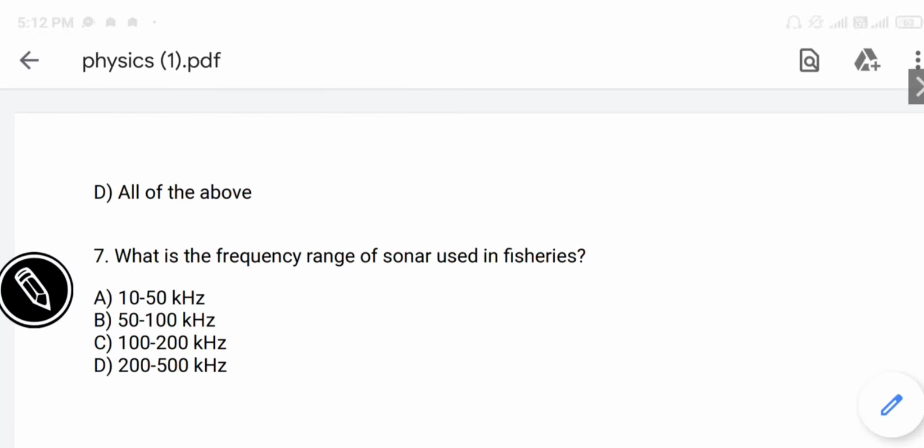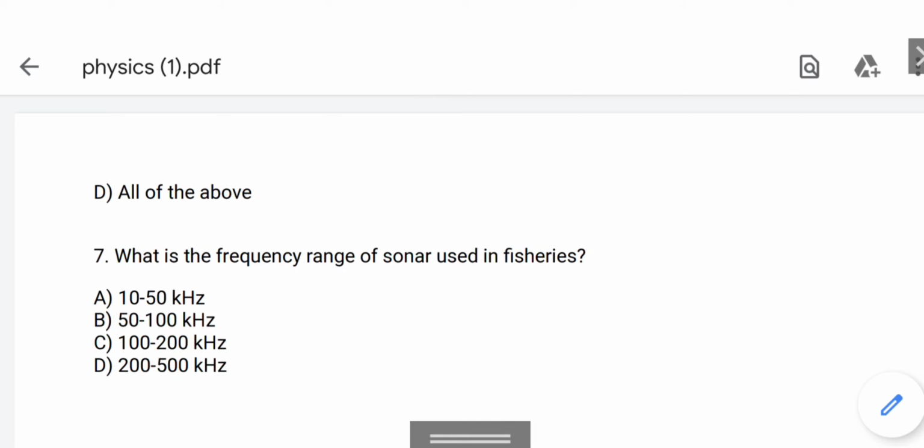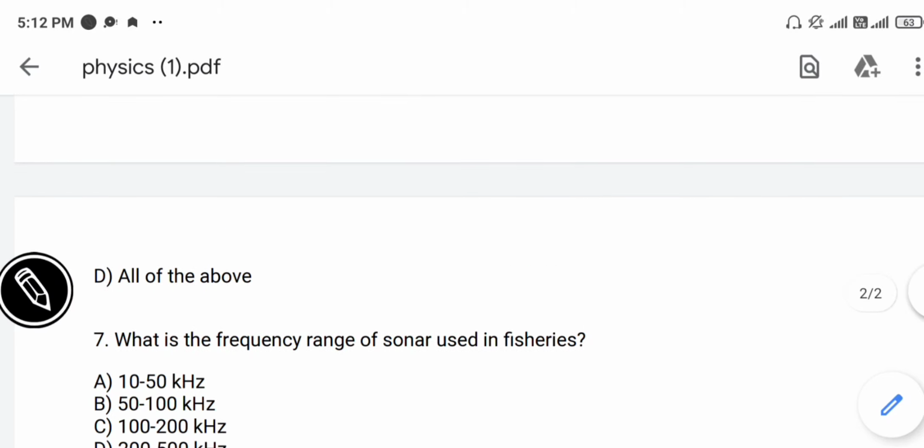The options are 10 to 50 kilohertz, 50 to 100 kilohertz, 100 to 200 kilohertz, and 200 to 500 kilohertz. The option B is the right answer. So these are the questions from physics part